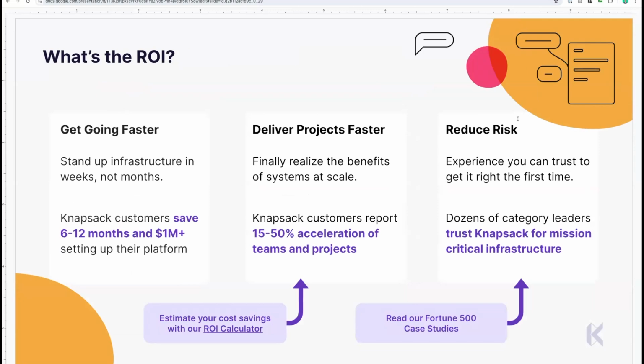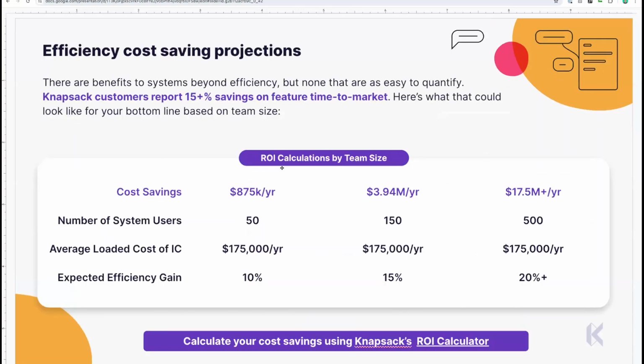Also, if you want to build it yourself, we've done this a lot, right? So we reduce the risk for teams that want to get this tooling up and have it in a way that works. And then once you get there, the benefits are awesome, right? We get the ability to actually see the benefits of systems, right? It's not even a knapsack at that point. It's the ability to capture for real the benefits of prioritizing reuse at scale. Right? And so we've got all kinds of fun calculators on our site and things we can get into, but